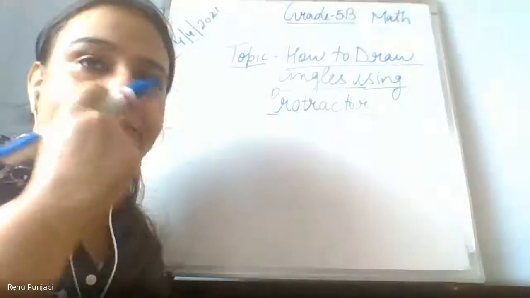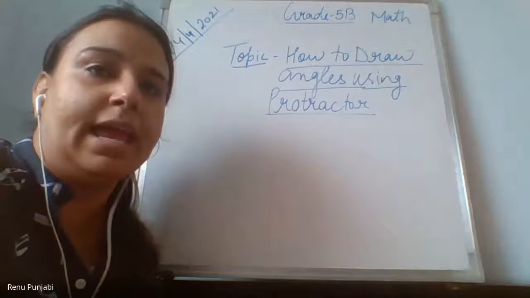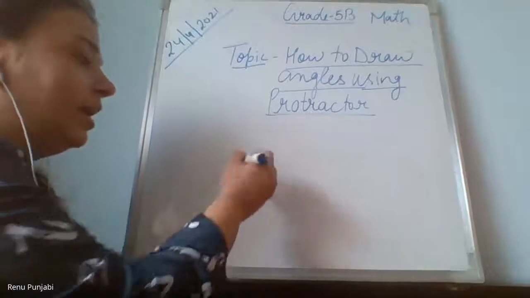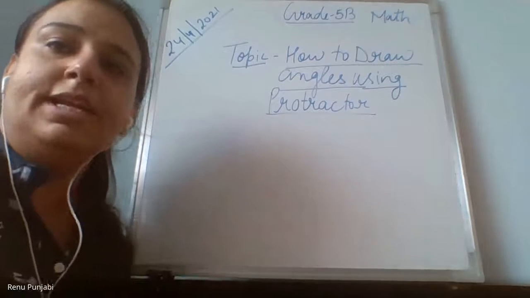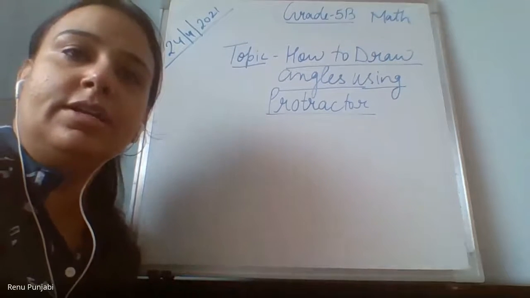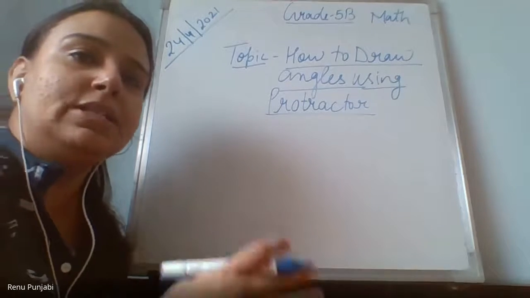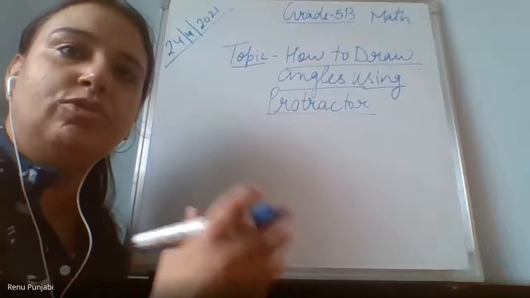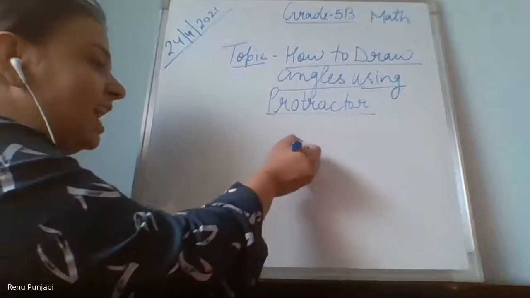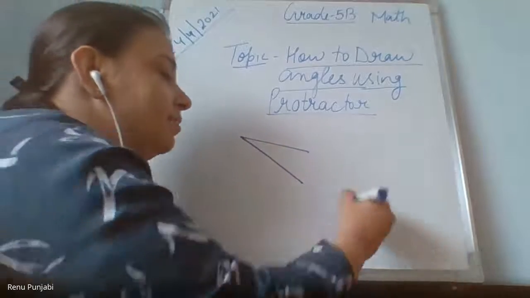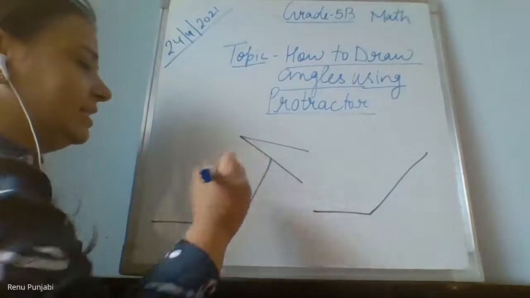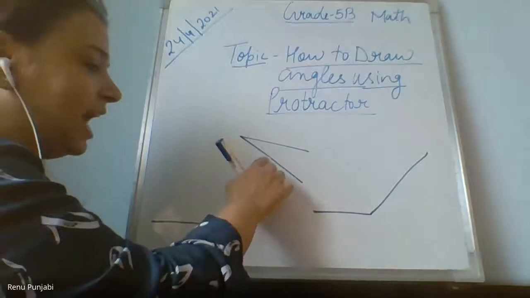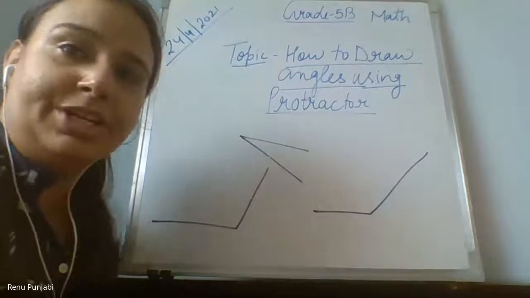Yesterday, as you all know, we learned how to measure angles. First of all, I'm going to repeat it again for those who have some difficulty, those who did not understand in yesterday's class. Please look here, pay attention here, to how to measure the angles. Sometimes the angle is like this. Sometimes the angle is like this. Sometimes the angle is like this. So these different angles, how will you measure them, that's which degree it is.